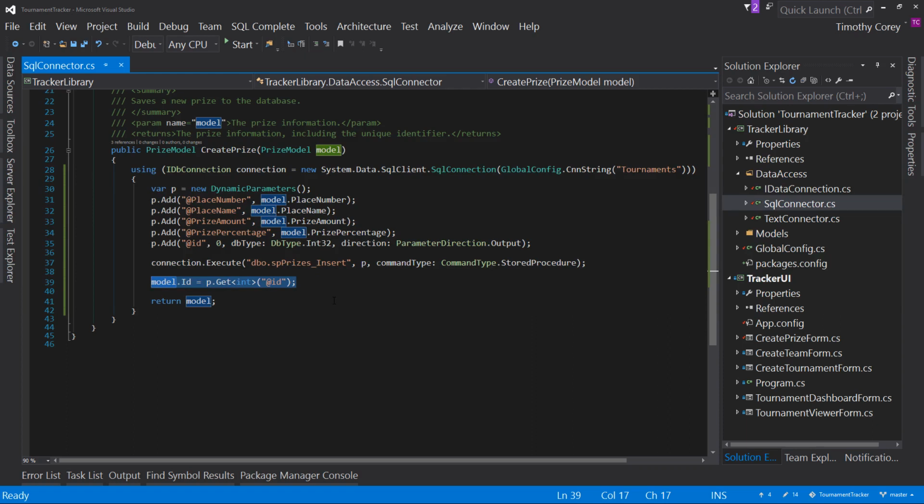Now, I could wire up my SQL connector to be the primary one, and then it's going to fall back to or have a copy written to the text file, in which case whatever ID SQL has will then take that and write it to the text file. That kind of works, but it kind of defeats the purpose of having that just drop in whichever one you want to do kind of database. So I'm not going to do that. Instead, what I'm going to say is